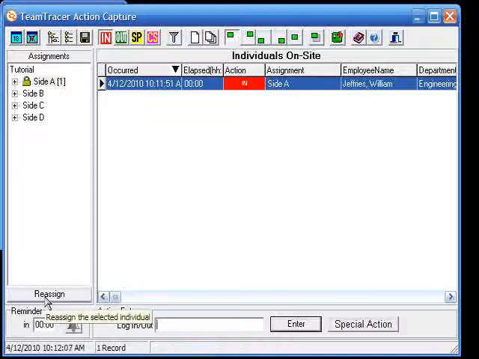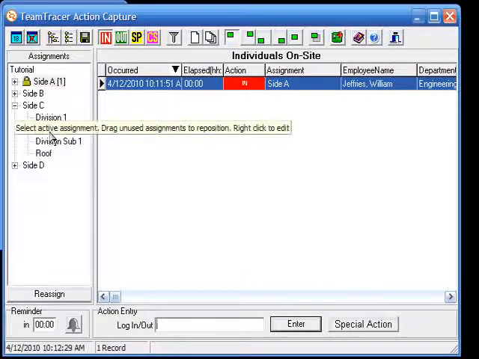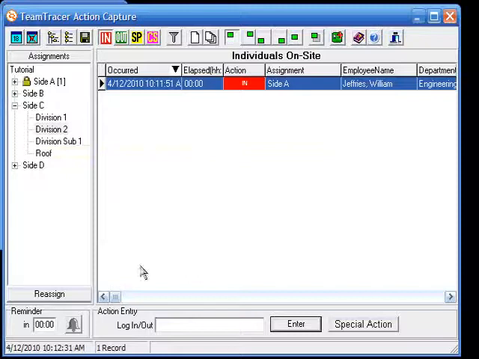If for some reason the person has been swiped into the incorrect place as far as their designation in the event system or the assignment, or if you want to be able to change the location that they are in, say they've radioed in to say that they've moved from side A to side C, and you want to note that in the system without having to swipe them out and swipe them back in again, reassign allows you to do that. So if they have moved to side C, division 2, we can highlight that area, and then we